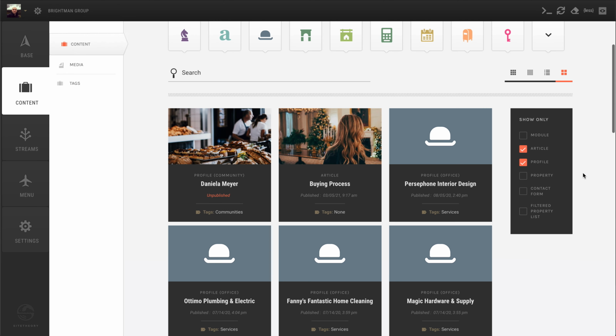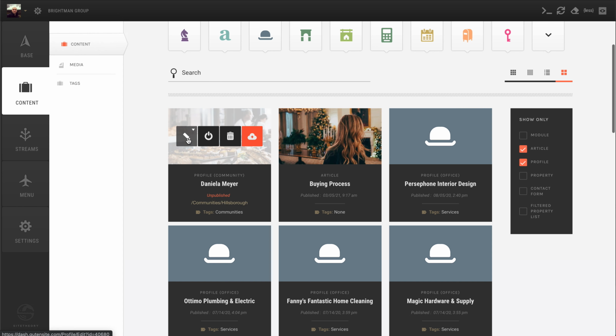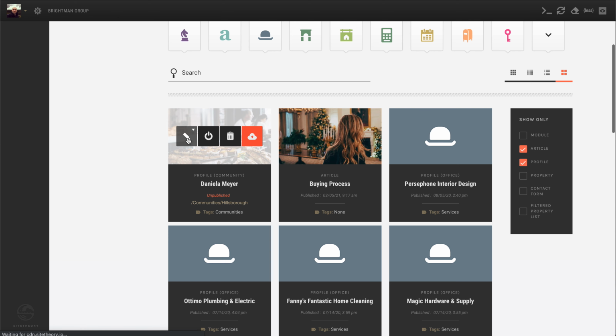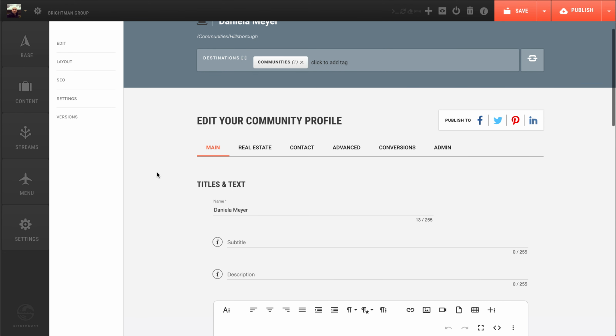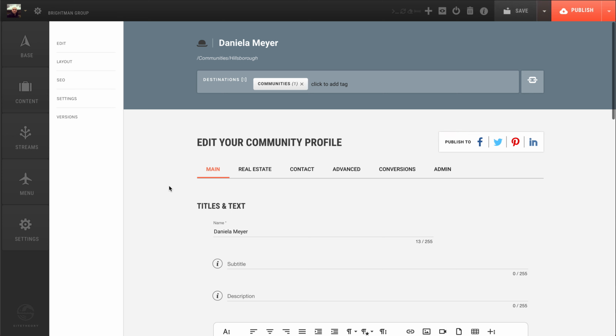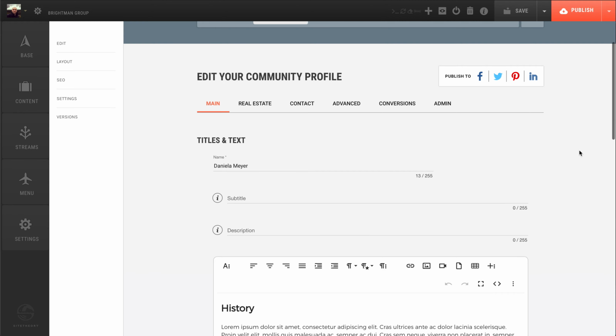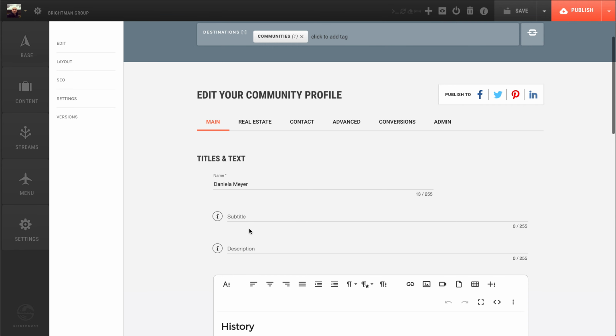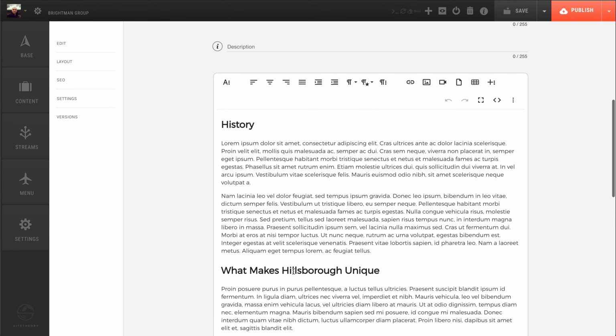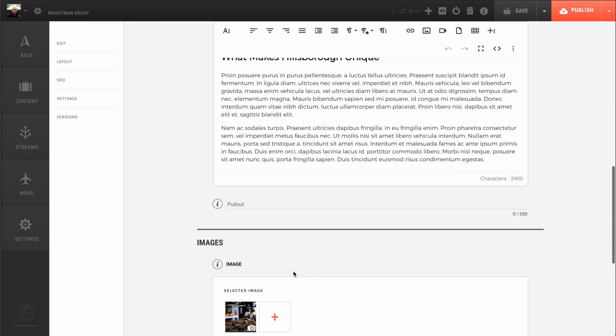Now, if I was to, for example, edit, let's say I was to edit a profile. In this case, you can see that this particular page is not published yet, and so this is red because any changes we make are not actually visible publicly yet. It's all based on versioning, so you can preview everything beforehand. But of course, you can change the titles, the subtitles, the descriptions, obviously edit your individual content,